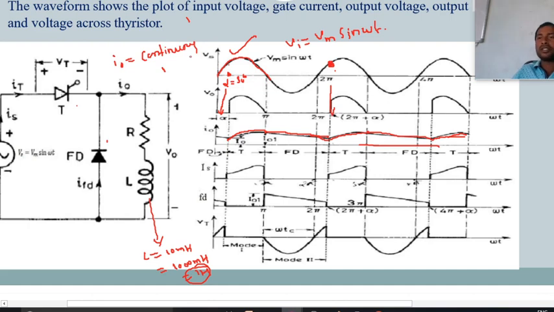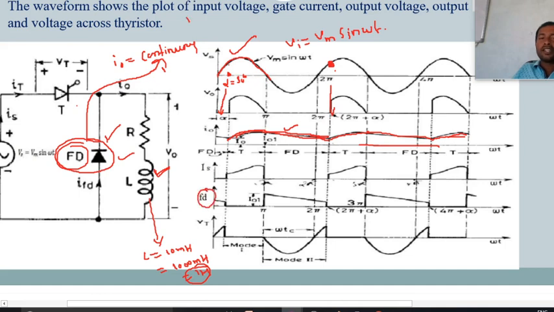If the current is continuously available, the loads will work continuously. Because of the freewheeling diode, there is a chance of getting continuous current. This is the main advantage of the freewheeling diode. We do not always get continuous current, but it depends on the inductor; if the inductor is available, there is a chance of continuous current with the freewheeling diode.